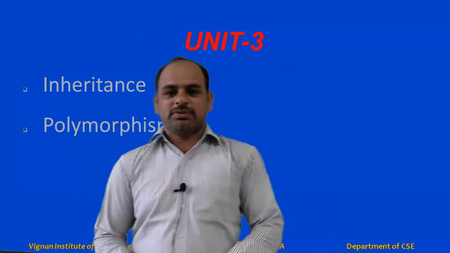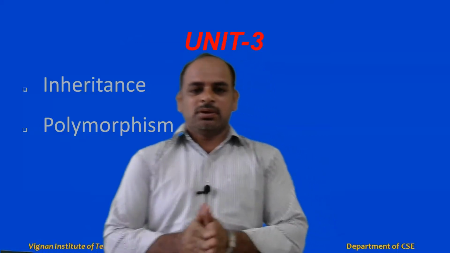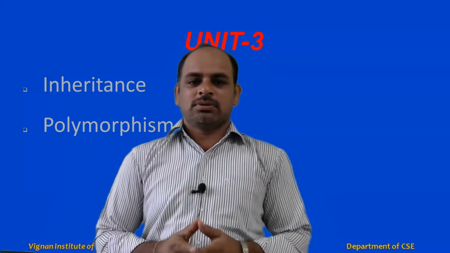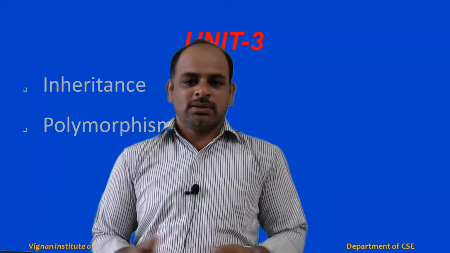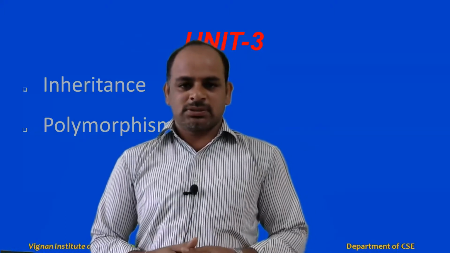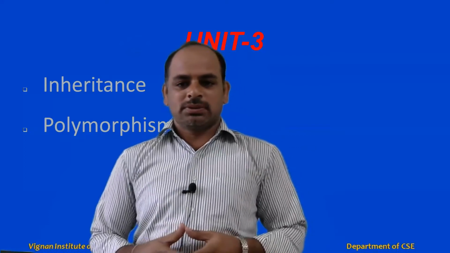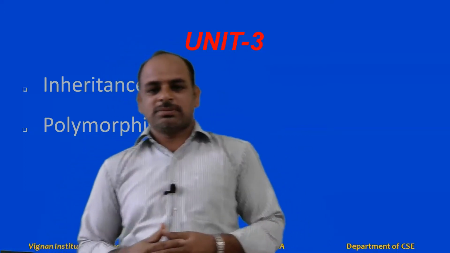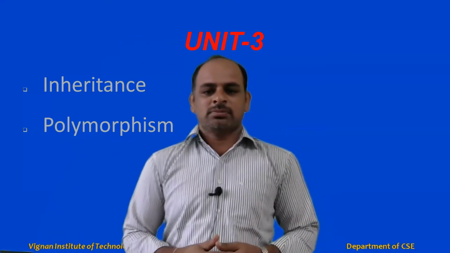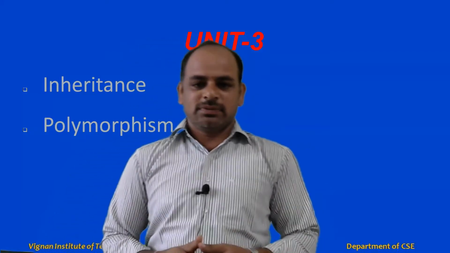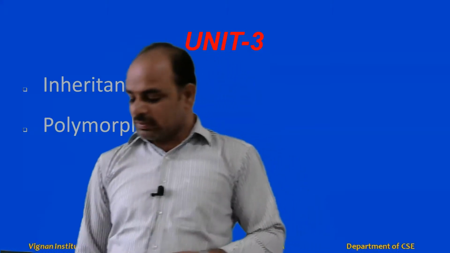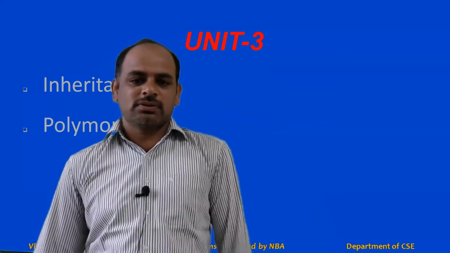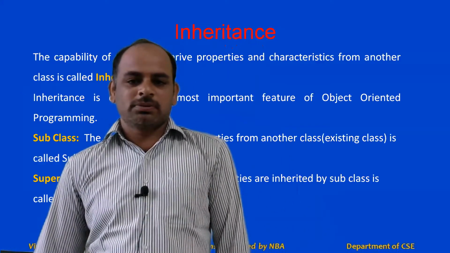In the previous lecture, we have seen Unit 2. In Unit 2, we discussed object-oriented programming concepts, object class, right? Data abstraction concepts we have discussed. And two more object-oriented concepts are inheritance and polymorphism. These two concepts we are going to learn in Unit 3, right? So first we discuss what is meant by inheritance, then we'll discuss what is meant by polymorphism, right?